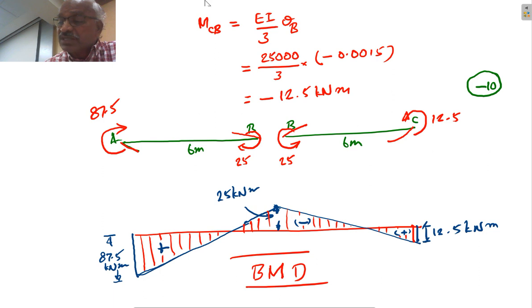As far as slope deflection method is concerned, we have solved a few problems on continuous beams, and also in the very first lecture, of course, before knowing these calculations. So calculations are just similar. Only thing is you have to do it very carefully. That's all. Otherwise, the method is not difficult.